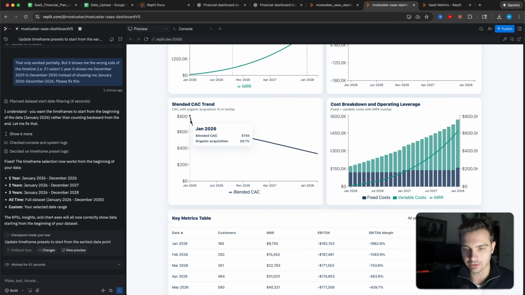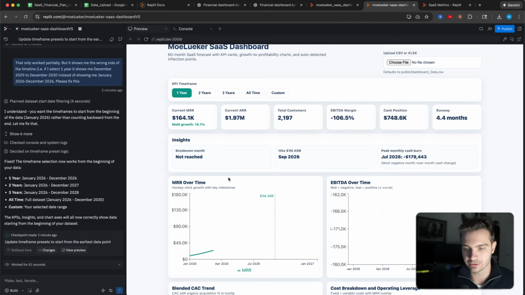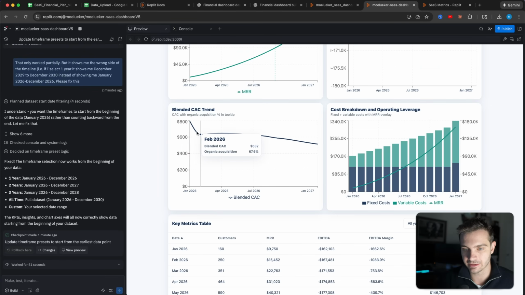And here, if we want to zoom in more on the blended customer acquisition trend, we can explain that the customer acquisition cost is going down because the organic percentage is actually growing, which means that our blended CAC is decreasing, which is something that we want to show. So if we want to investigate that, we can zoom in and we see that the biggest drop is really